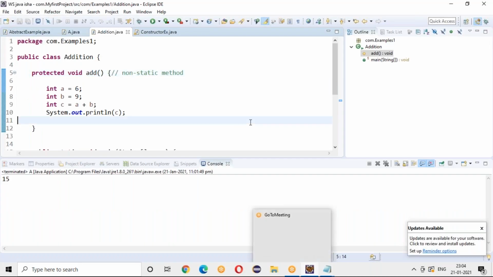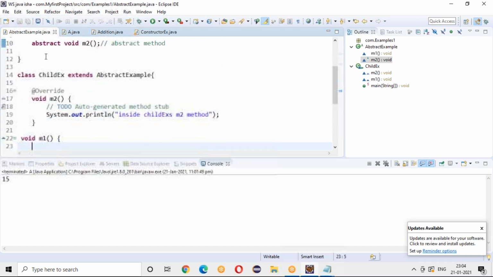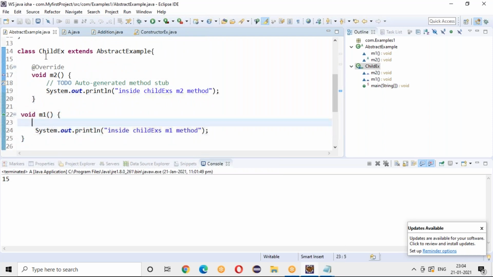The same thing I can show here. You have an M1 method. What is the accessibility here? Default. If I'm not writing anything before a method, that is default. For the M1 method, you have the accessibility called default. And here, in the child class for the M1 method, you can keep the same accessibility, default.